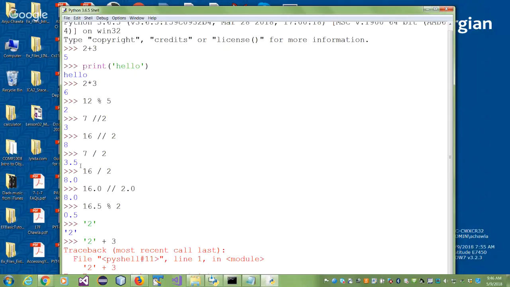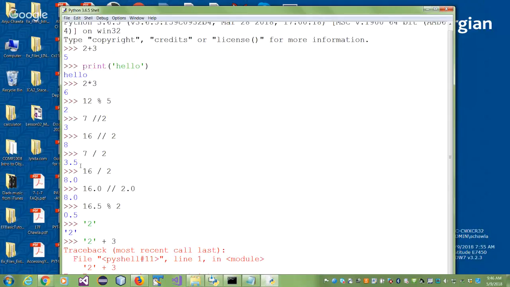What did it say? It said you're trying to add a string, Anju. You can assume 2 is not 2, it is a string. With 3, which is a number, I can do that. I'm not that silly. And it says I can do it. And look at the error it gave.